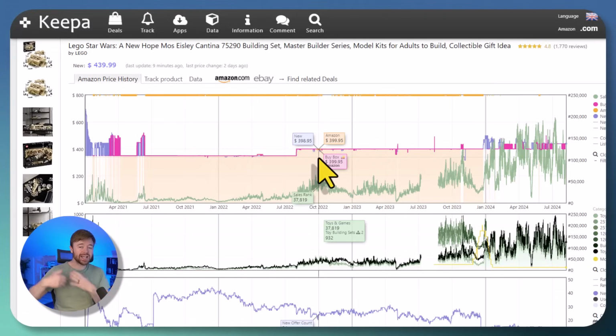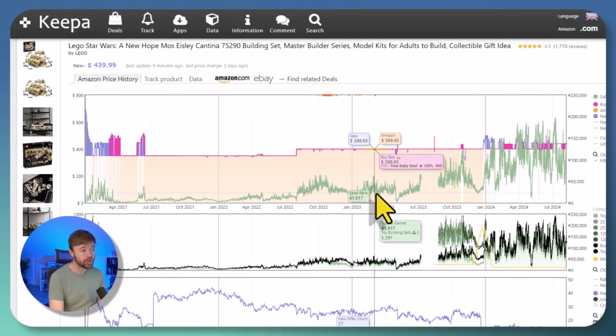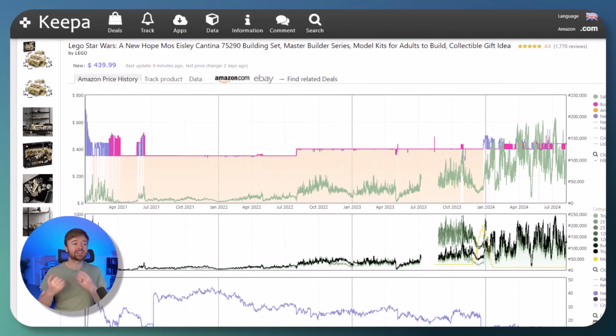We expect that as they remain on the shelves for multiple years, we see the sales rank is a little bit lower in the final years of the set's existence, and that's what we're seeing here. So even last year, for example, Amazon were still in stock, but the sales rank was more like between 30 and 60,000. Recently, it has been higher again because Amazon are not in stock and the price is slightly inflated. We see sales ranks more like 100K or even higher,